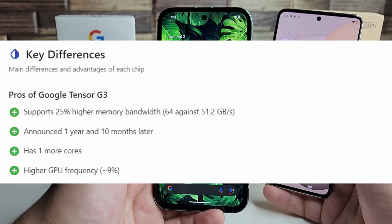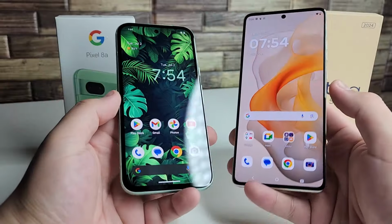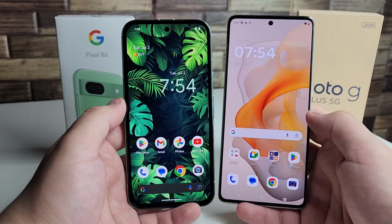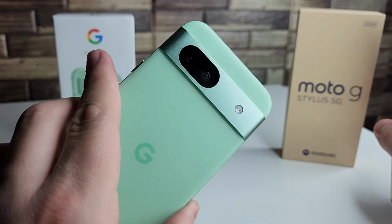It does have one more core, and it has a higher GPU frequency as well. But all in all, I don't feel like the majority of people are even going to notice too much of a difference. Moving on to the cameras of these devices, first and foremost with the Pixel 8a, this actually has